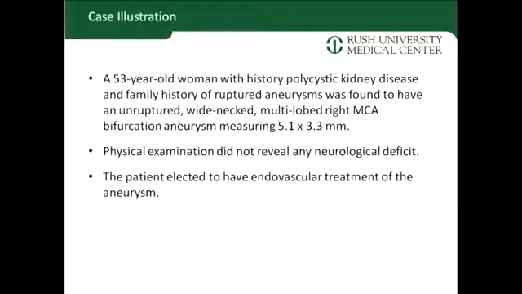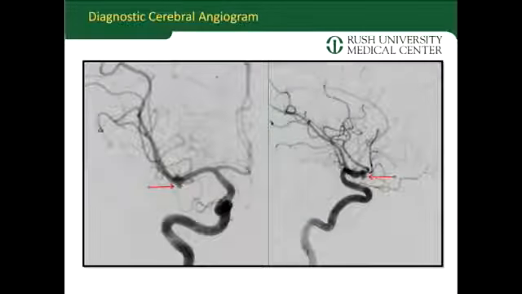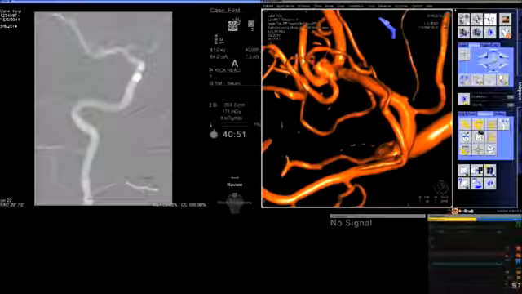It was a 53-year-old woman with polycystic kidney disease and a multi-lobed aneurysm measuring 5 millimeters. The patient also had a family history of subarachnoid hemorrhage, and she clearly felt quite concerned about having this aneurysm, and the options of open surgery, of course, were discussed with her, but her preference was to use an endovascular